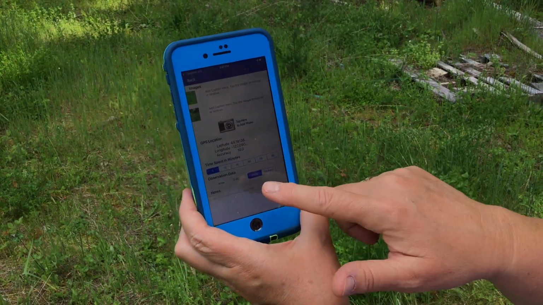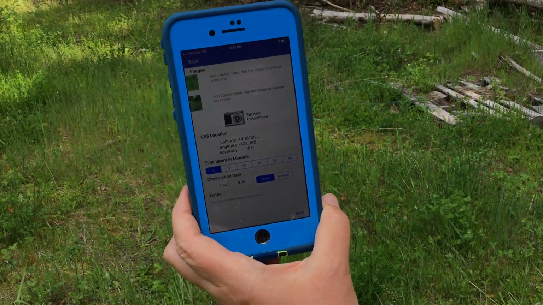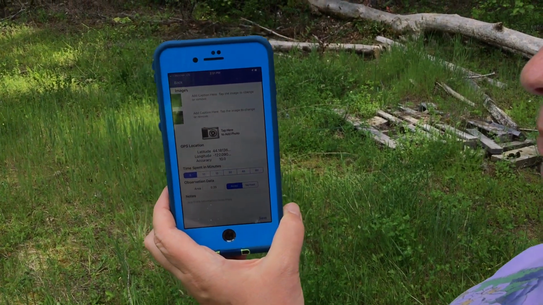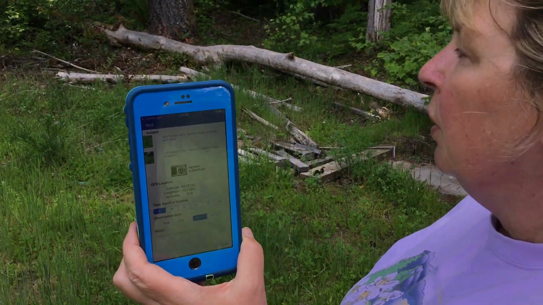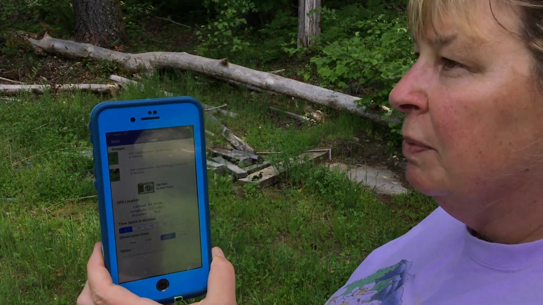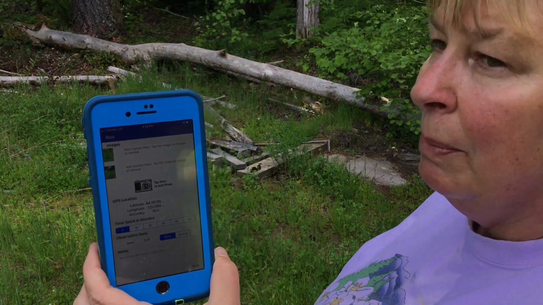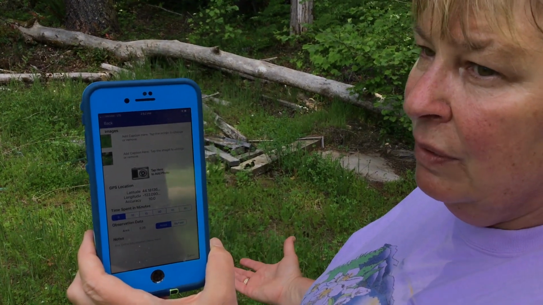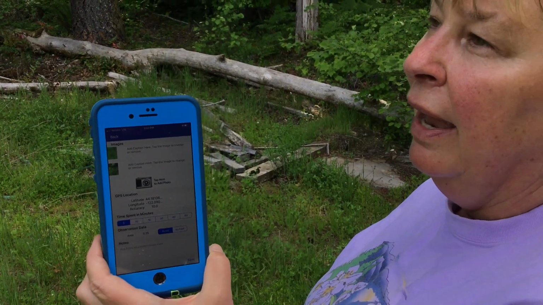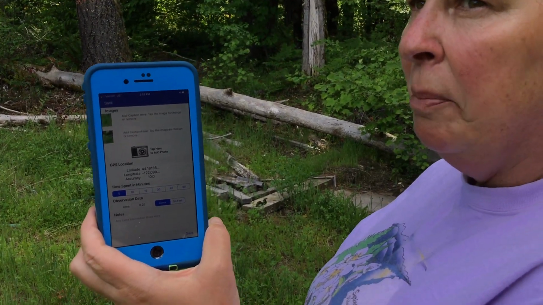I'm done with that. And then the last part of the screen is going to be notes. And the notes section is where we want you to tell us where you are. So you're going to be doing surveys for us somewhere on the forest, hopefully in a wilderness area. So tell us which wilderness area you're in, whether you're at the trailhead, you're 0.2 of a mile up, Foley Ridge Trail, where are you? And this will help us if we need to get back to that site to remove those plants. It'll help us relocate the